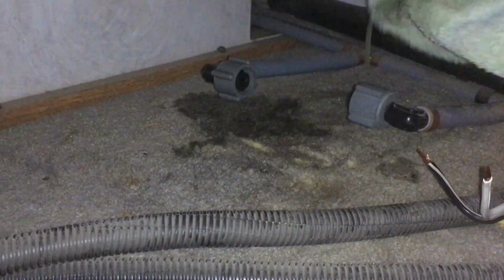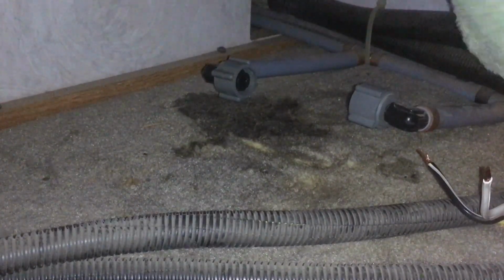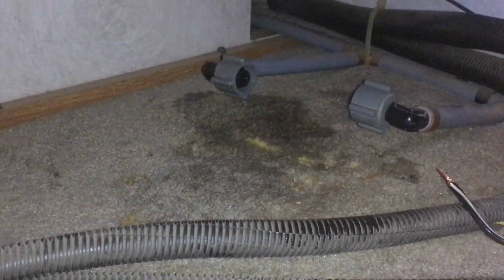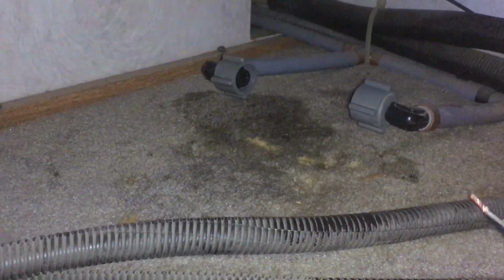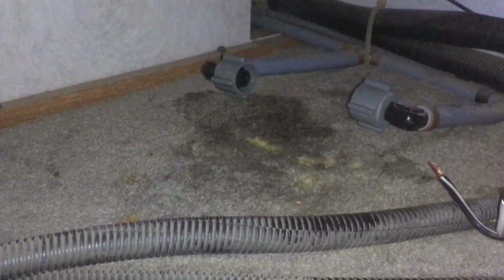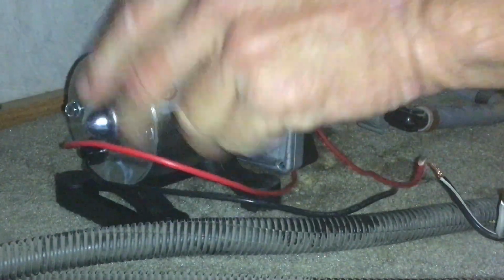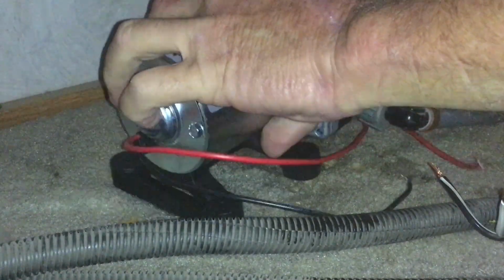We have a little bit of water there. Not bad. We expected some. Got to dampen that as much as possible there. Okay, let's put the new pump in. I'm going to make sure we don't